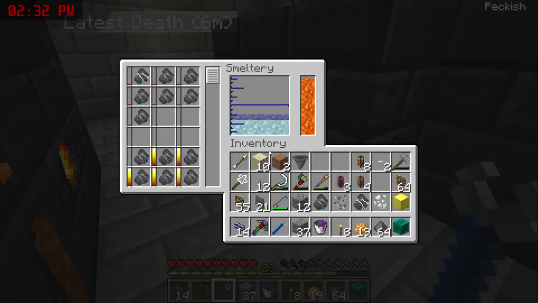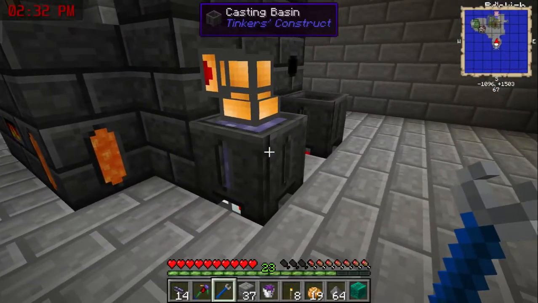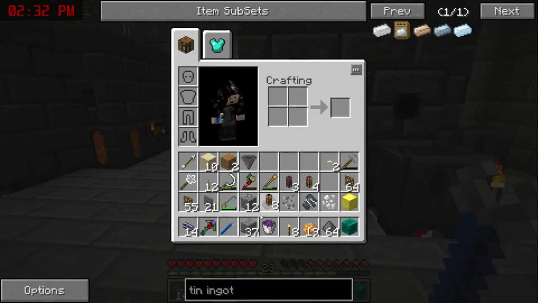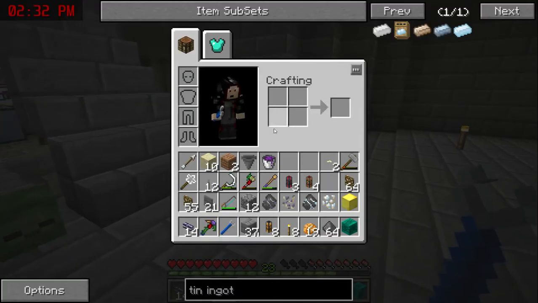Alright, let's see. So lead work. Yes, the lead goes in. I need to do one for silver also. So now that that filter's in place,